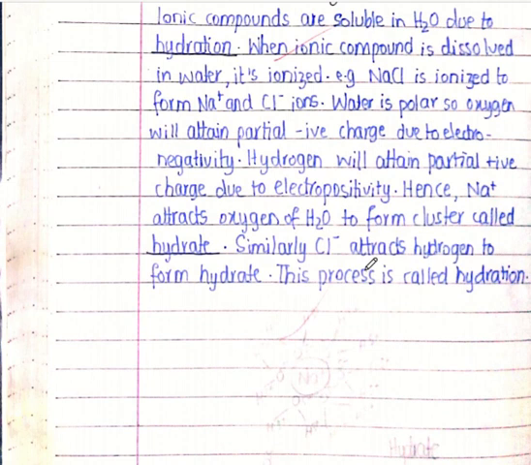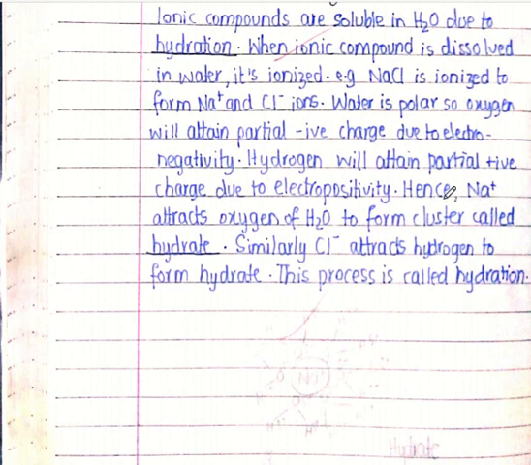Now we are returning back to our main topic, which is dissolution due to hydration. When NaCl is dissolved in water, it is ionized. Ionized means it is converted into sodium ions and chloride ions. These ions can now move freely. You know very well, in water, oxygen is present in the center and two hydrogens are present surrounding it. Due to greater electronegativity, the oxygen atom acquires a partial negative charge, and comparatively, due to less electronegativity, the hydrogen atom acquires a partial positive charge.